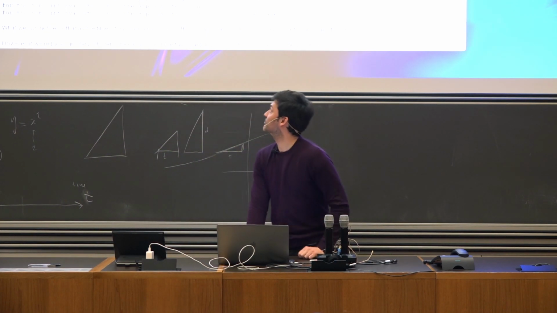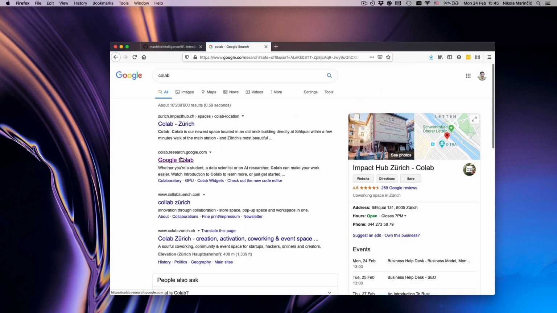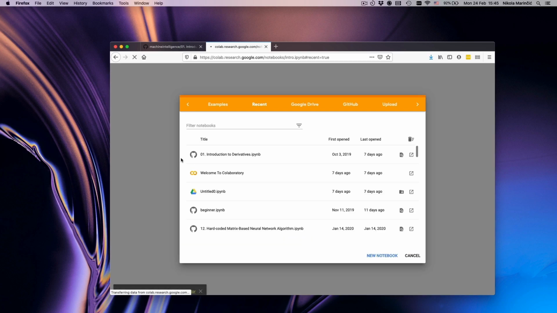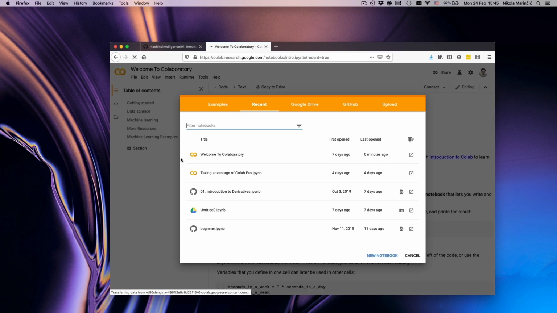Well, there is a website called Google Colab. You can just type Colab, C-O-L-A-B, and the second link will be Google Colab. Google Colab is a coding environment run on a virtual server by Google.